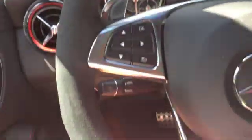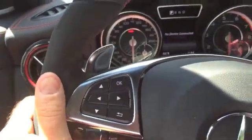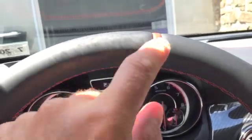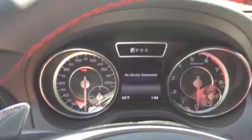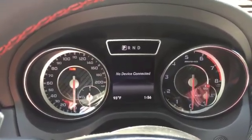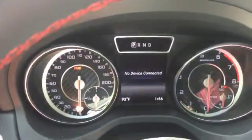This has got the optional AMG steering wheel fitted as part of the package that I mentioned earlier. Really great feel to this with the suede trim, and you've got the dead centre for the little red mark up here should you be going very sideways, which I doubt you will in this car. On your gauges, you've got not just the command system sitting here, but in the middle,